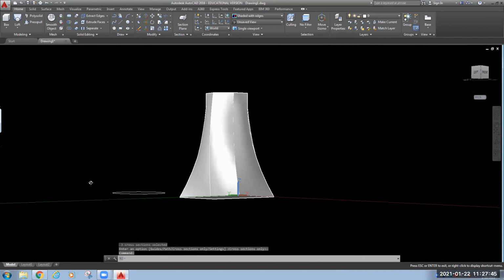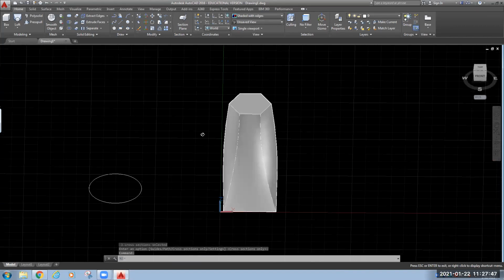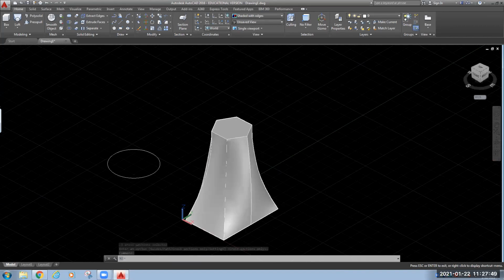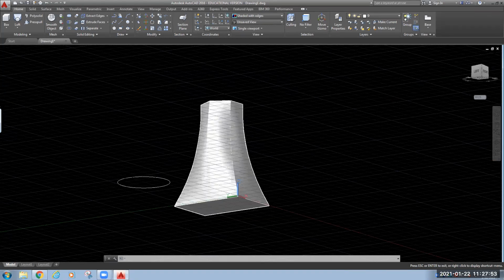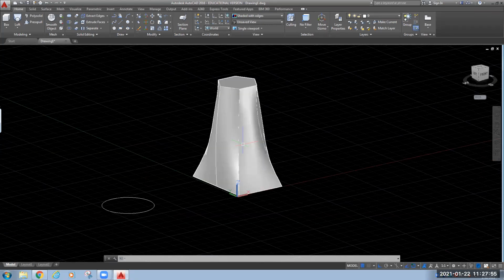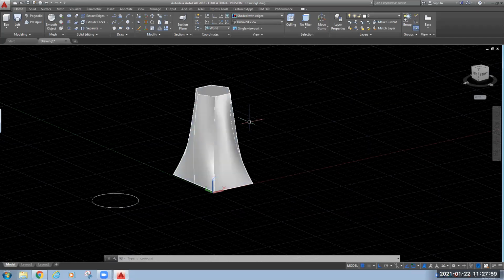So you can take any three different cross sections. Okay, I have taken three for proper understanding of yours. If you want to take fewer or even more, you can take it. Okay, so with this figure, what I was showing you, we have taken a circle on the xy plane. Suppose I want to copy this, I will copy this.